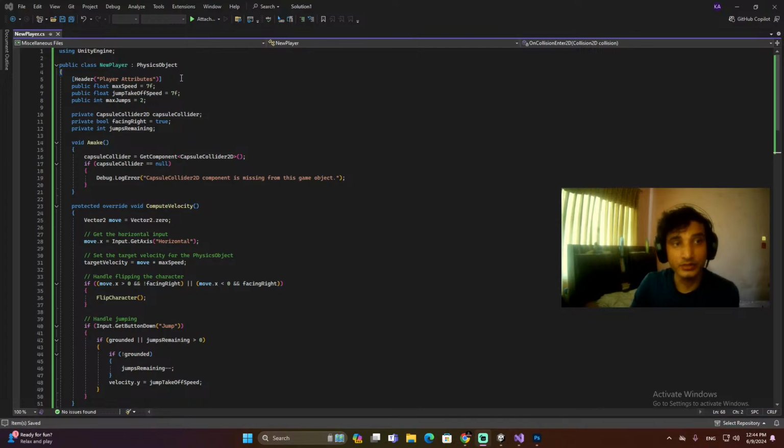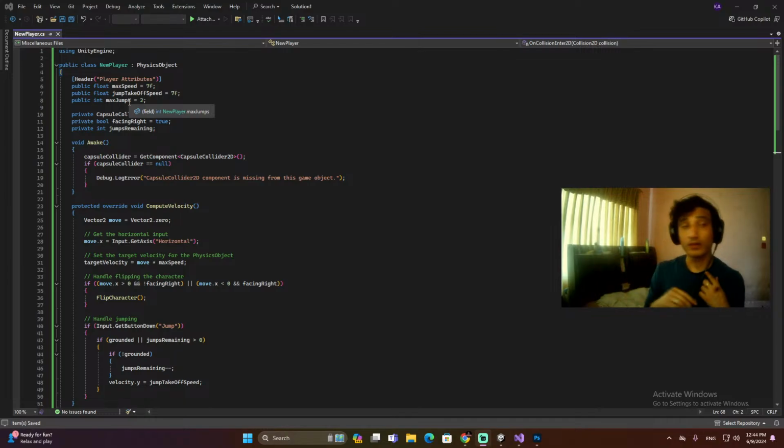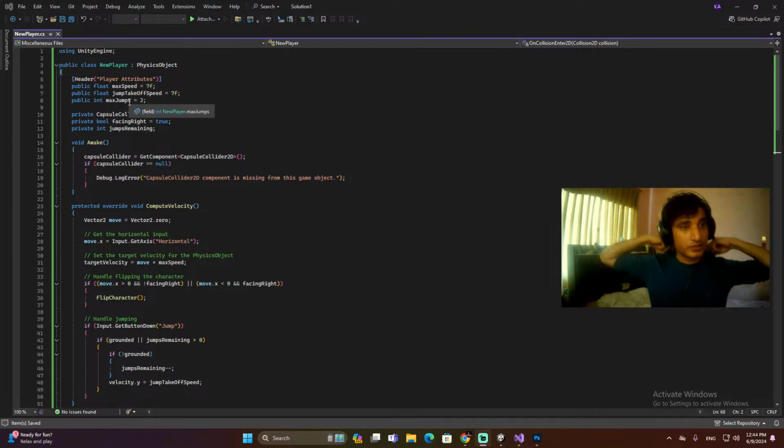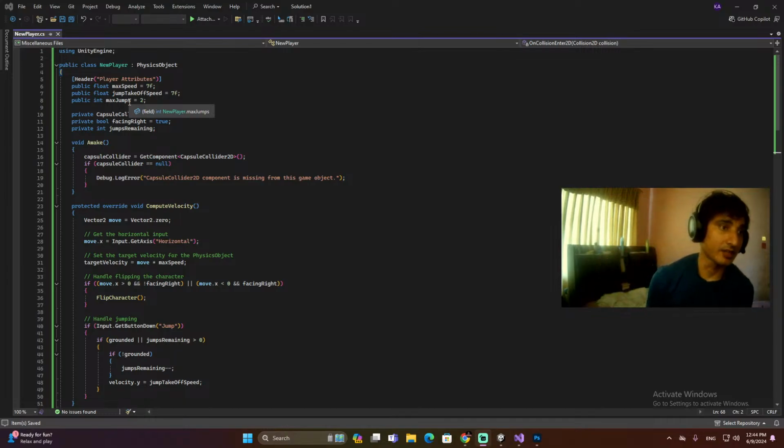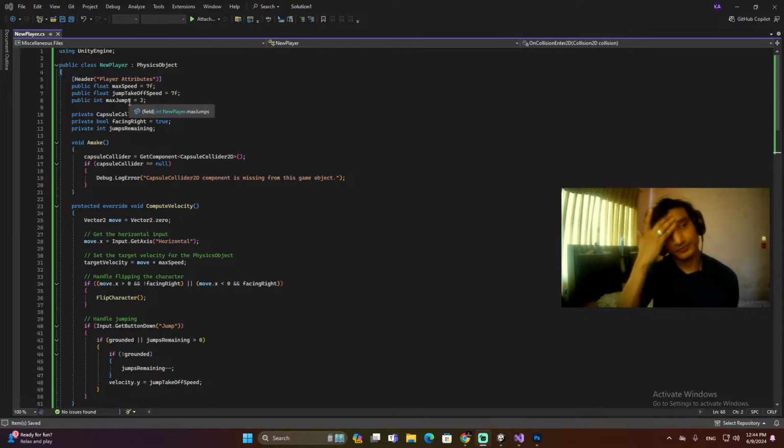Header player attributes, it created a header. That is good to manage our script. So float is to move. So it used the float max speed of 7. So float is the float. In float we can